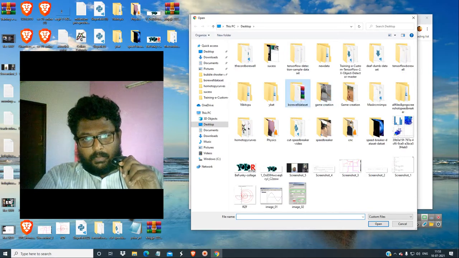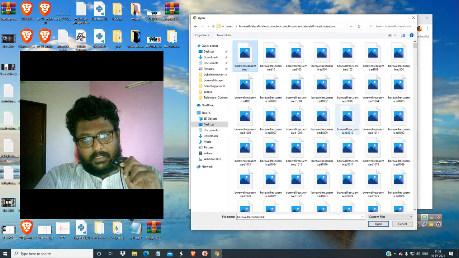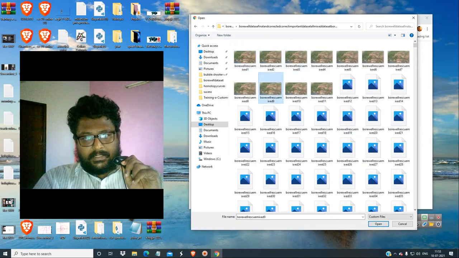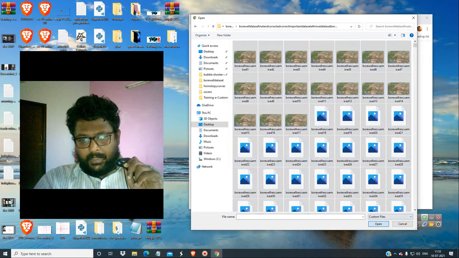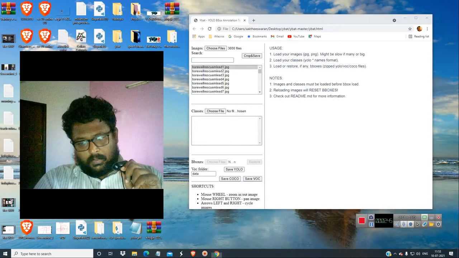Go to the Borewell dataset, into this unzipped folder, and choose all the images. I will tell you the normal way to annotate this. Then open it, and all the images will be in here now.